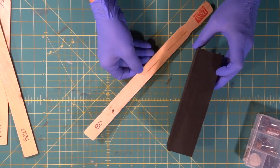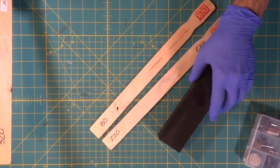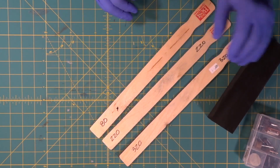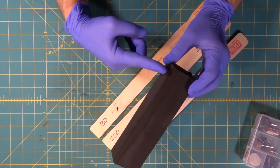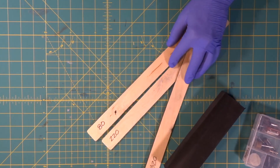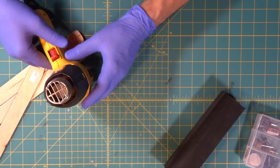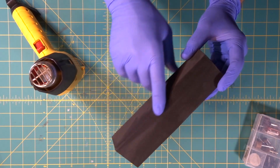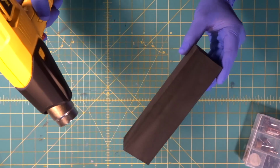Once again, we went through the progression of the rough 80 to the less rough 220 to the barely rough 320. And each time we go over it with a sanding stick, it gets even smoother each time. Now we're gonna slide these out of the way. We're gonna bring our heat gun in. And there we've really smoothed that out. Then when we bring in the addition of the heat gun,